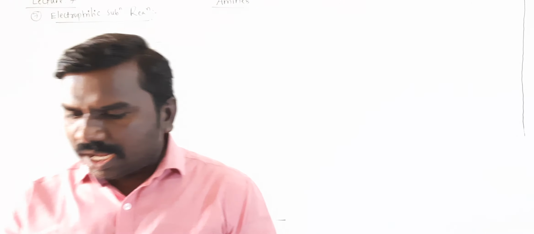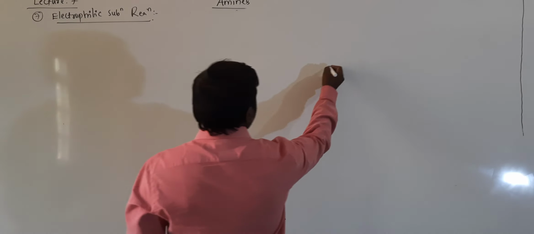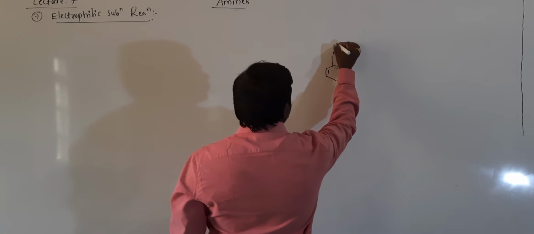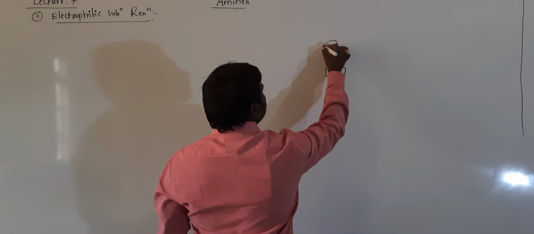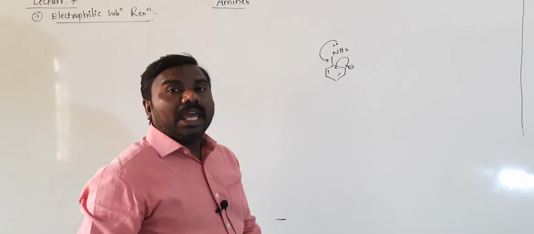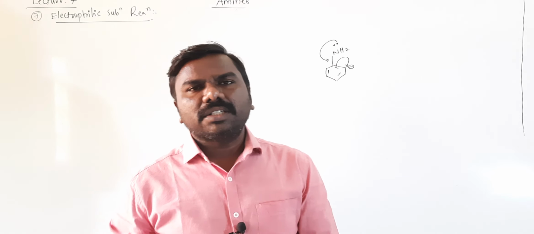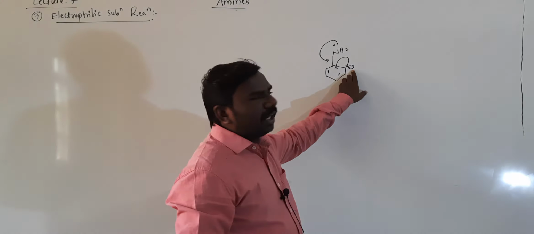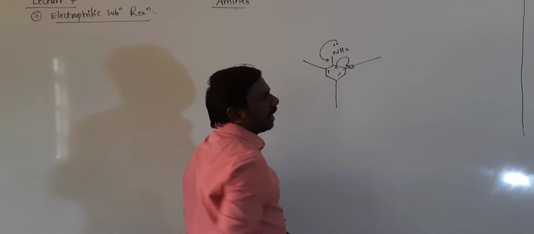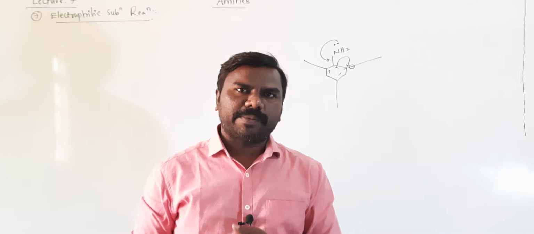So in these reactions, especially benzene ring, aniline, if you observe clearly, it is aniline with a benzene ring, NH2 group. This pair of electrons can donate to benzene ring. Benzene ring will be activated by excess of electron density. We have seen resonating structures of aniline on the benzene ring, negative sign at ortho position as well as para position and ortho position. We have seen already in the last video, you just observe.